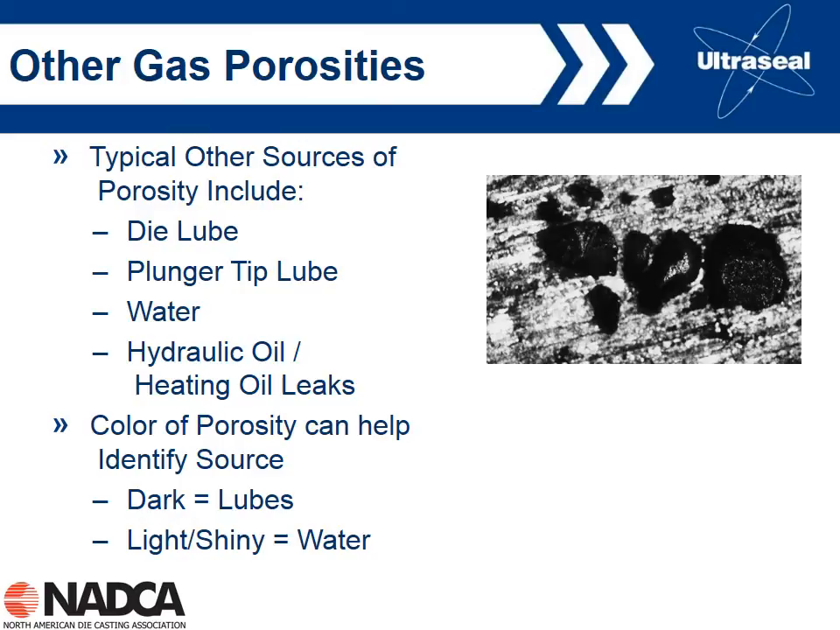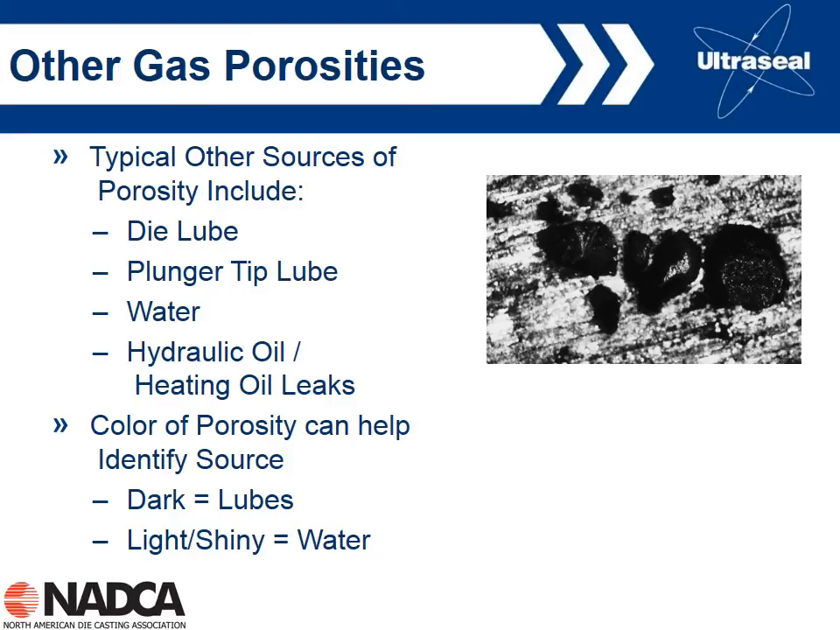Water. If you apply too much water to your die, then maybe you cool the die down too cold. The water can't all vaporize before the next shot. You've got some liquid water remaining somewhere in your die, trapped behind a slide maybe, or something like that. You inject the liquid aluminum into the mold, heats it up, vaporizes. You're going to get entrapped water vapor in your casting. And the same with hydraulic oil. If you've got leaks of hydraulic oil or leaks of heating oil, again, that's going to vaporize and cause porosity